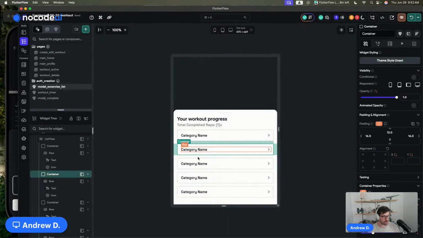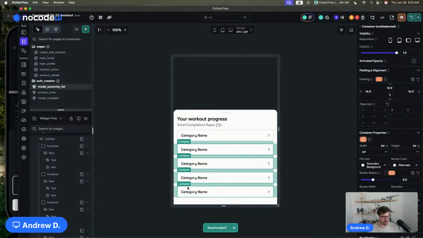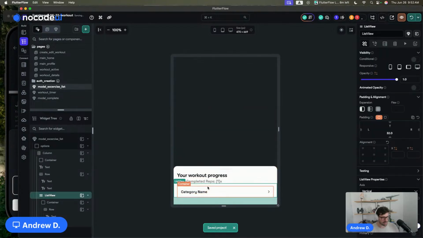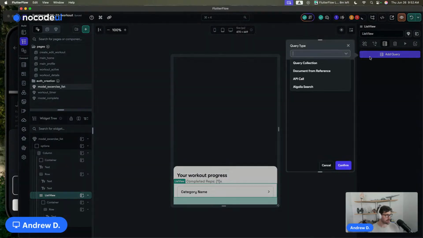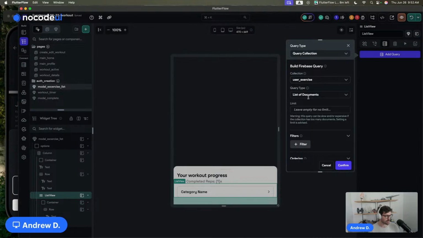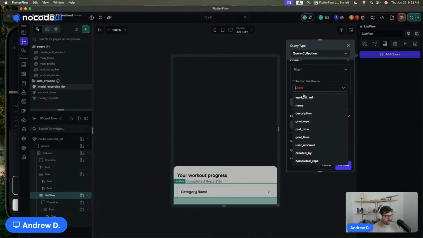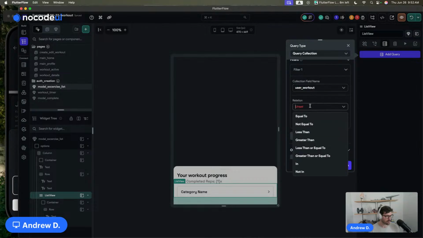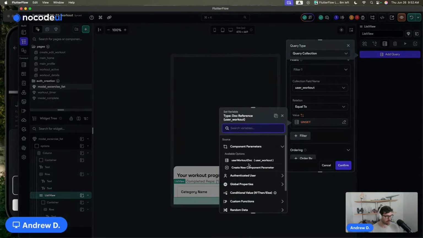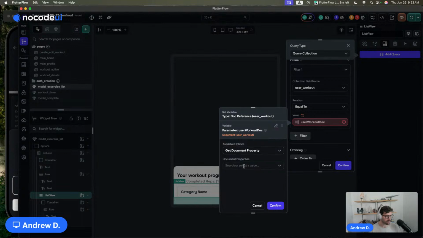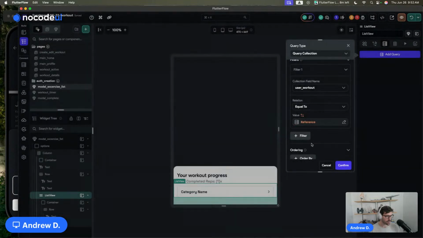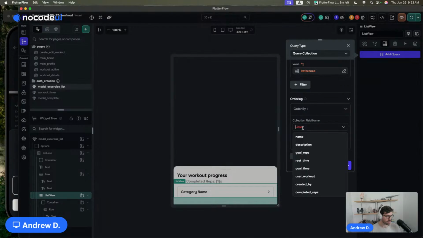And then in this list view, what we want to do is we want to pass in the user exercise. So query collection, user exercise, list of documents, filter. We're going to say, look, the user workout reference equal to this guy. Okay. And we're going to order by